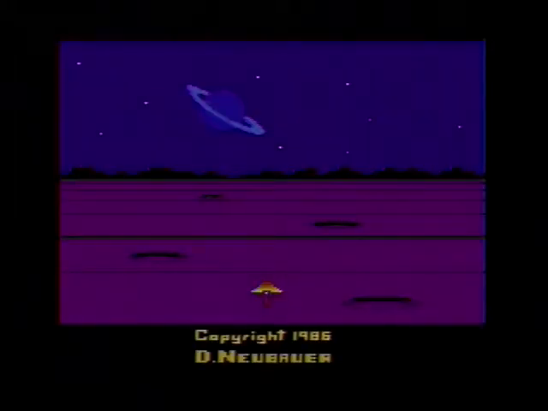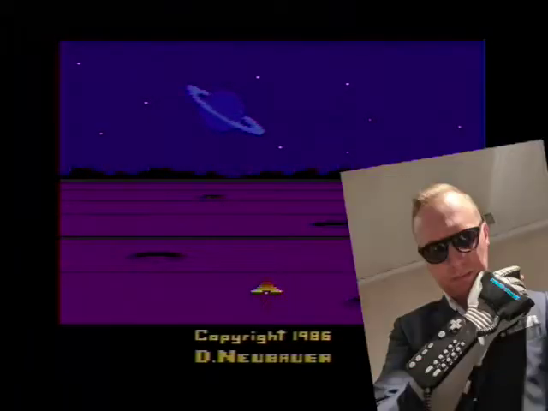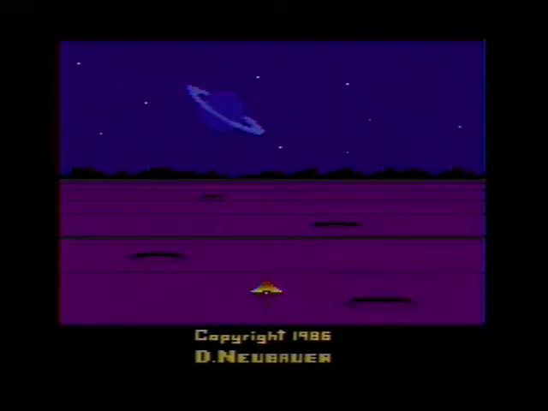Hey guys, welcome to the game called Solaris. It came out in 1986, as you can see right there. I have no idea who D. Neubauer is, but maybe he's related to Jonas Neubauer. This game came out in the later years of the Atari 2600 to compete kind of with the Nintendo,